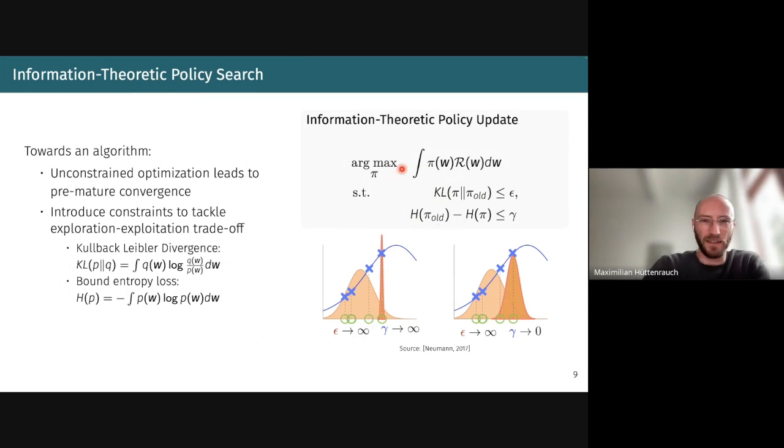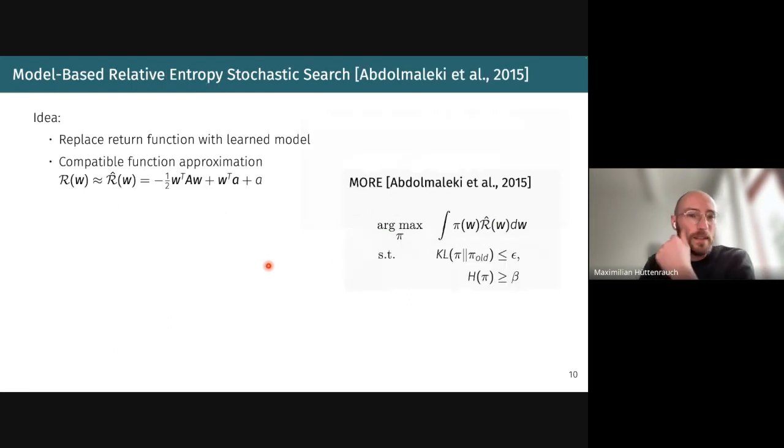So this is the concept of information theoretic policy updates. Information theoretic because we use notions from information theory, like the KL divergence and entropy. But in the end, it's just a policy update that gives us a new policy that is the result of a constrained optimization problem. And one algorithm that solves this problem is the model-based relative entropy stochastic search algorithm, where the idea is to